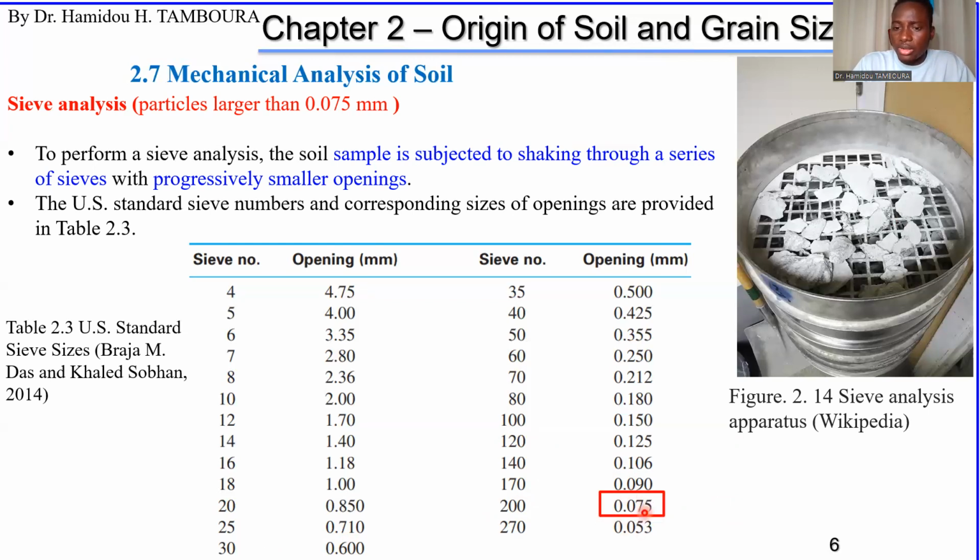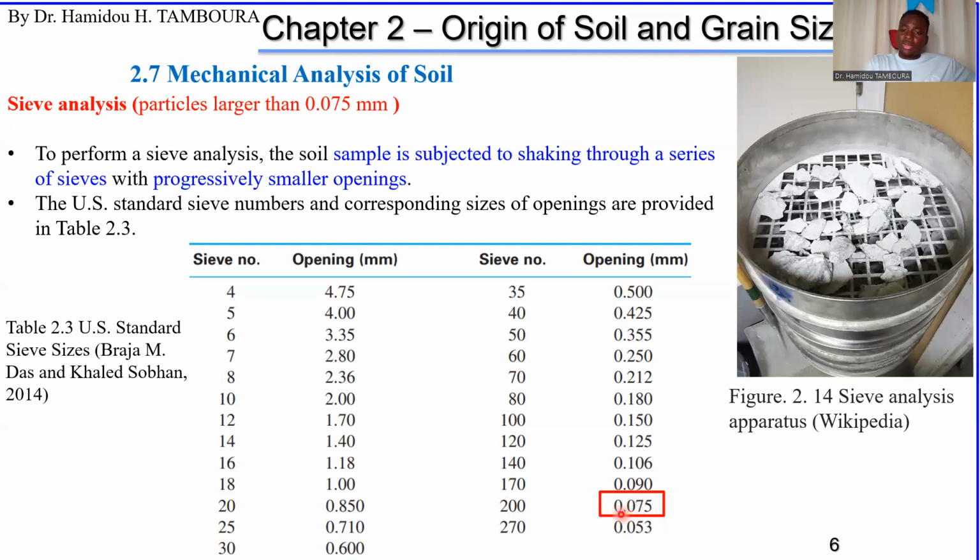So actually, the soil we take to make the hydrometer analysis is the soil obtained in this sieve number 200. Okay, so we can take this,